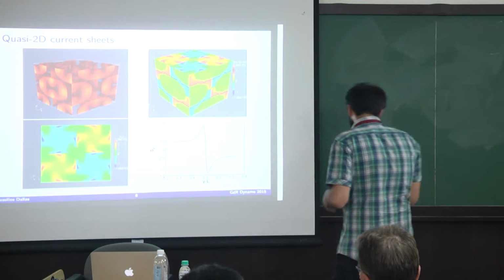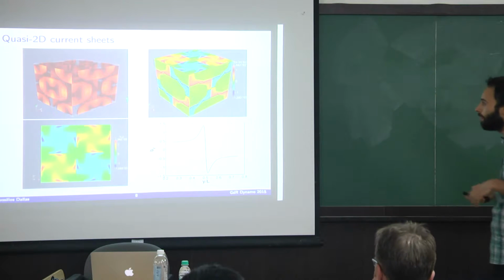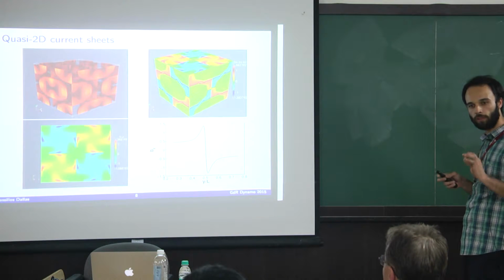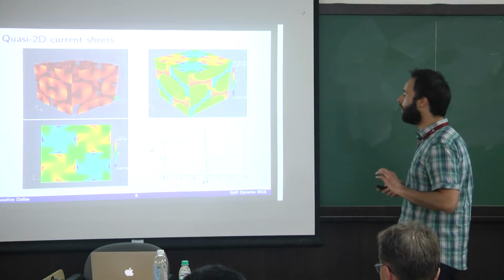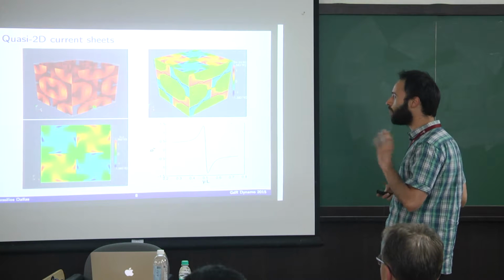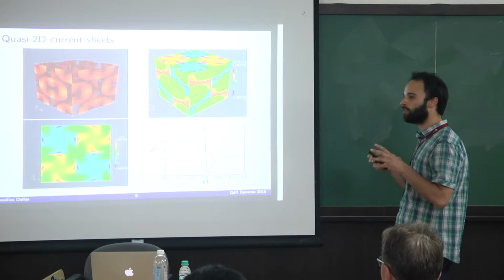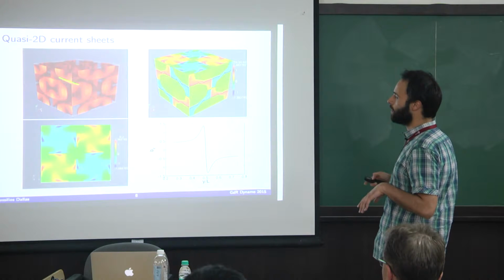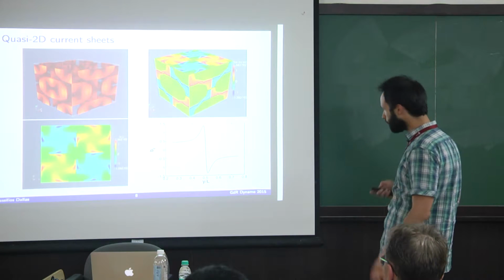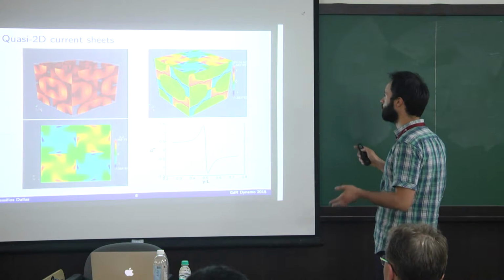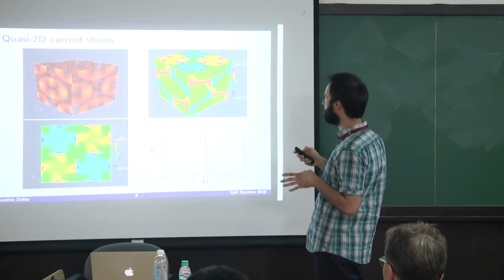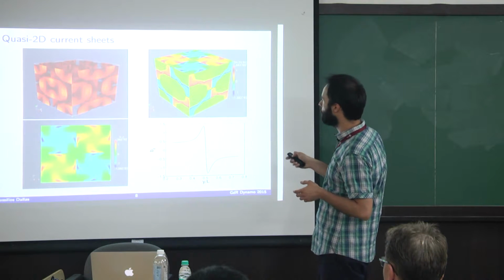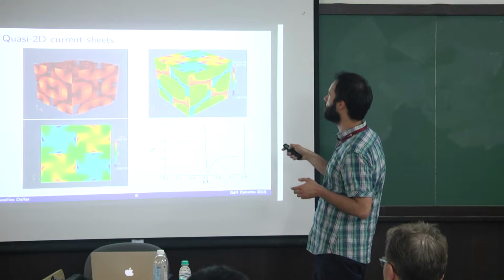So this is how the flow looks at the maximum dissipation, when the dissipation rate is maximum. You can see that there's a structure in the flow due to these Taylor-Green symmetries. And actually, here what I'm plotting is the current density. Here on the right-hand side, I'm just showing you the components of the magnetic field. This component is the Bx component, this component is the By, and here is the Bz.